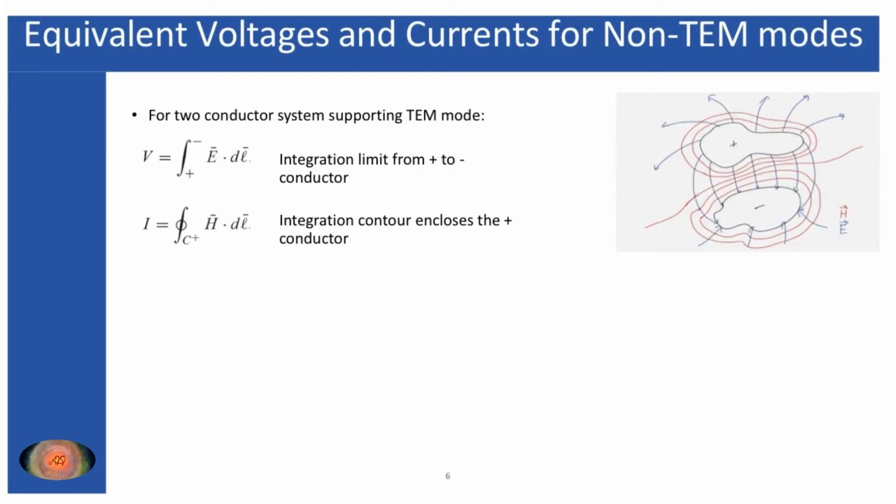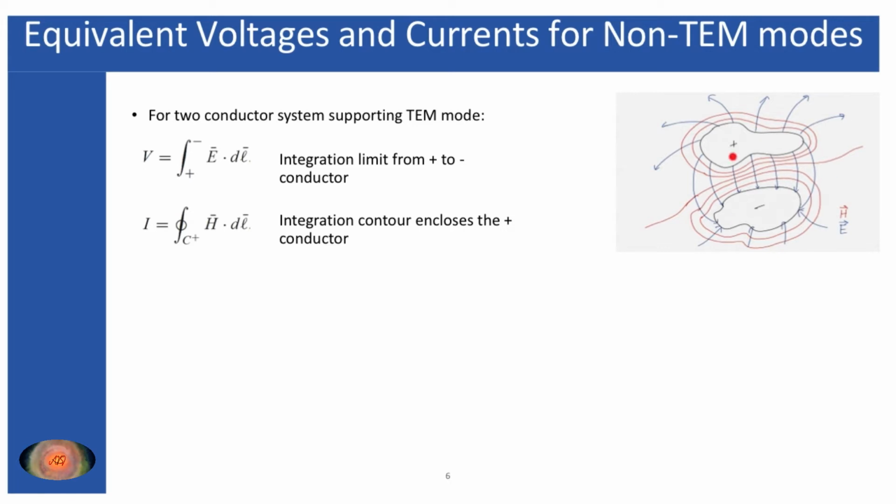Here is an example of two conductor systems, and such kind of systems can be applicable for the strip line, microstrip line, coaxial cable, and even the parallel plate waveguide, where the two terminals are not connected to each other, or in other way we can say the terminals are clearly identified. So for such type of transmission line, the current is entering through one conductor. If we consider the positive conductor is carrying the current into the page, then the negative conductor will carry the current along the opposite direction, that means towards you.